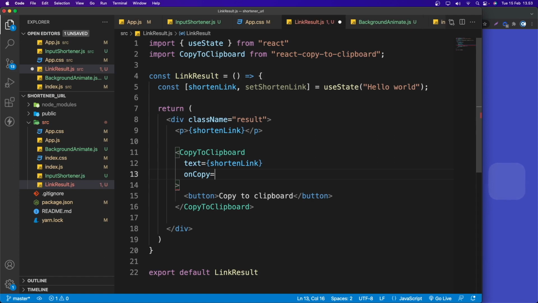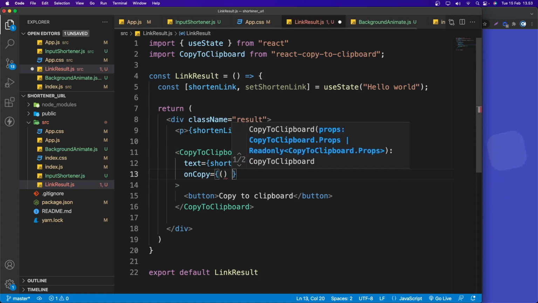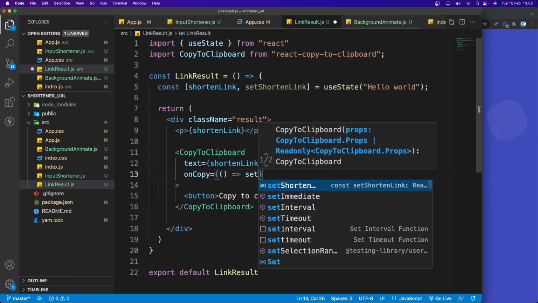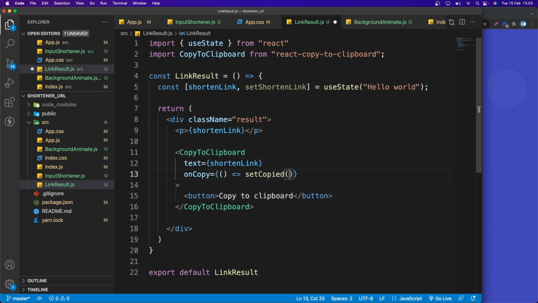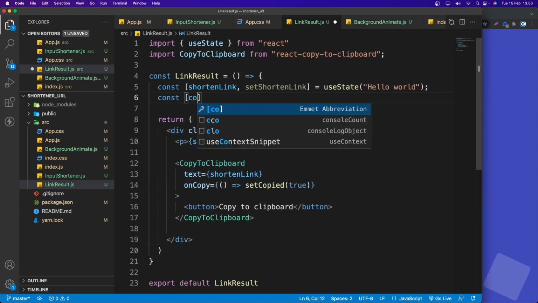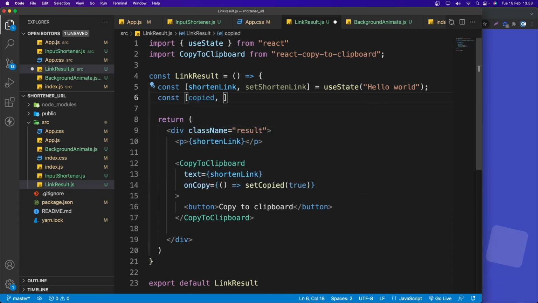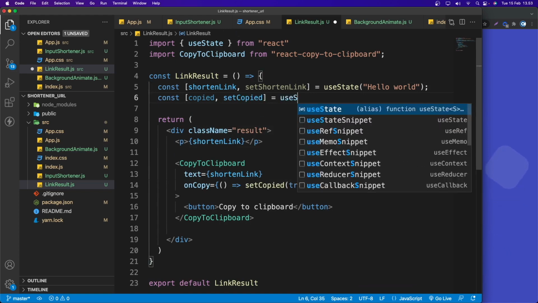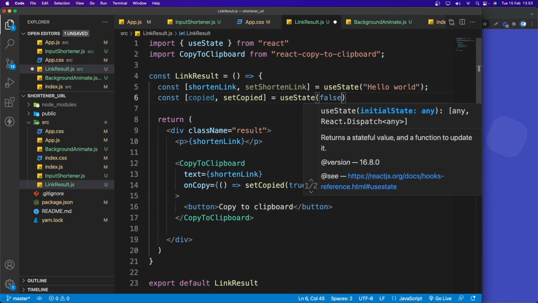The function name is going to be onCopy, and in here I'm going to set copy to true. This is basically a state. Let's do const copy and setCopy, which goes to useState. By default it is going to be false.